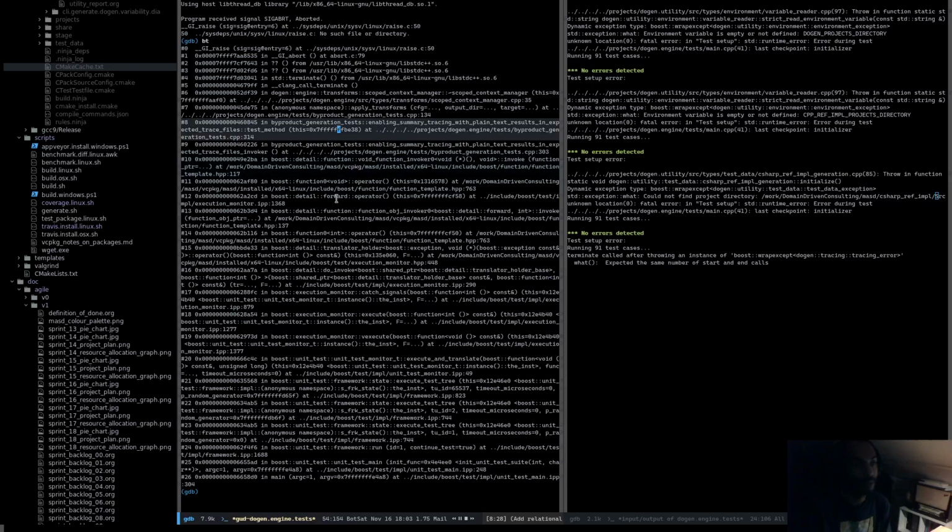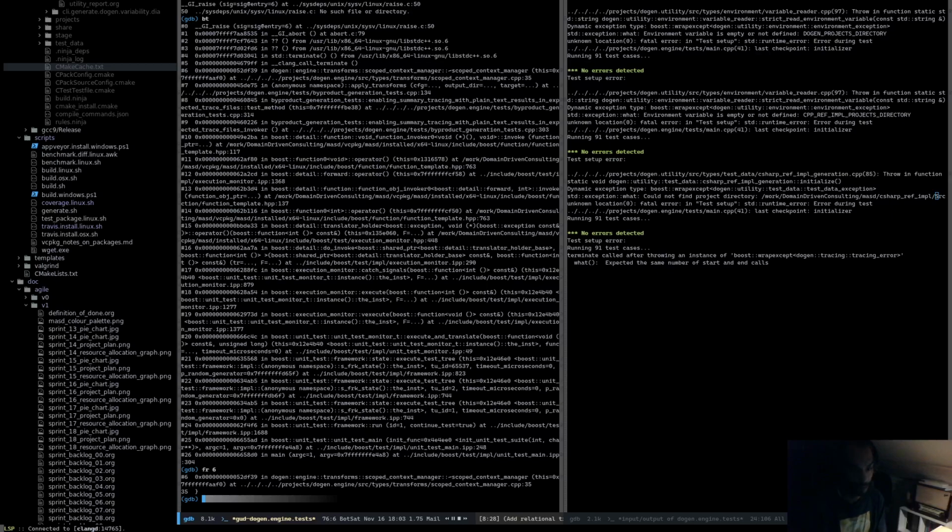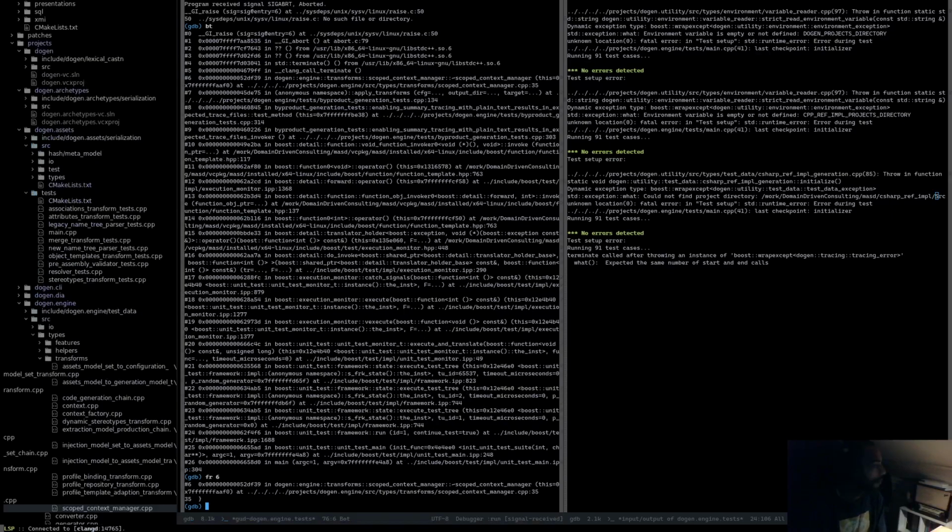The problem is scoped context manager. Let's have a quick look at this frame 6. Now you can't see what I see because it's in a different screen, but so the error is coming from, let me just